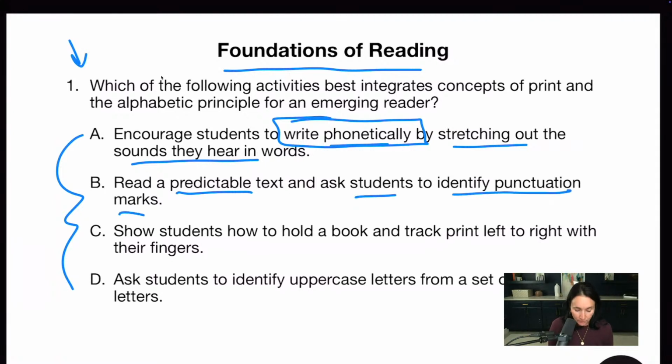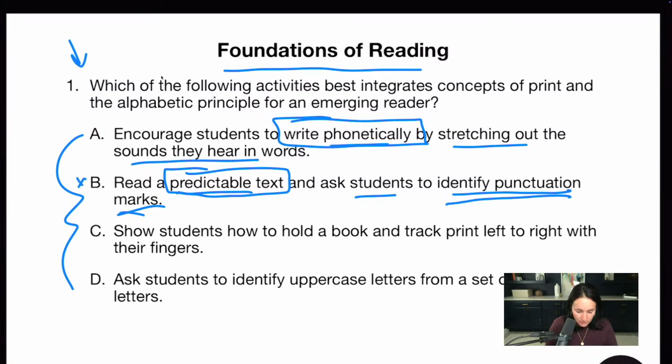All right, so predictable text is very good on this exam. Decodable text, predictable text, that's the kind of text we use when we are trying to show students how to read. Like, Matt sat on the chair to read his book. Matt shared his bat with his friend, these types of words that are predictable and similar. But the problem with this is identifying punctuation marks. What does that do? That doesn't seem like a very good answer. So I don't love B.